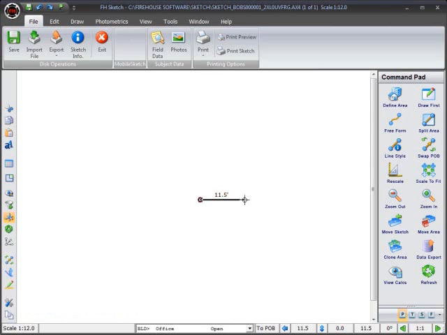Now we're ready to draw the next line, which is 5 feet up from this point. To draw this, I'll enter 5 and press the up arrow. I'll press Enter to anchor the line, and Enter again to anchor the dimension. Let's continue. The next line is 13.5 feet to the right. I'll enter 13.5 and press the right arrow followed by Enter 2 times to anchor the line and dimension. Let's draw a few more lines in the same fashion. 4 feet up, 4 feet right, 16.4 feet down,